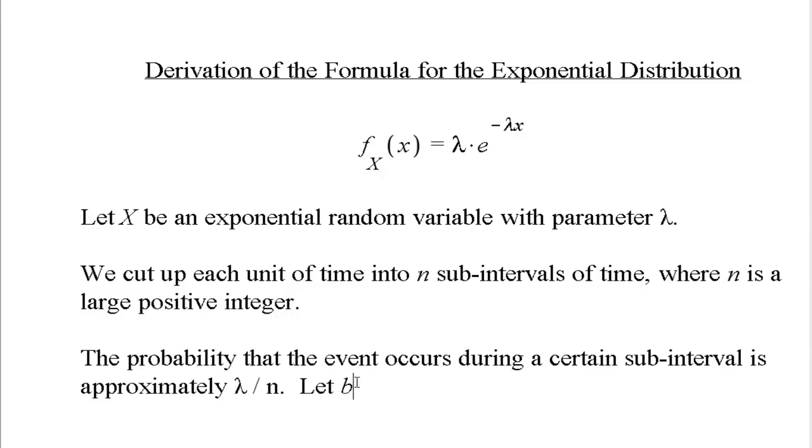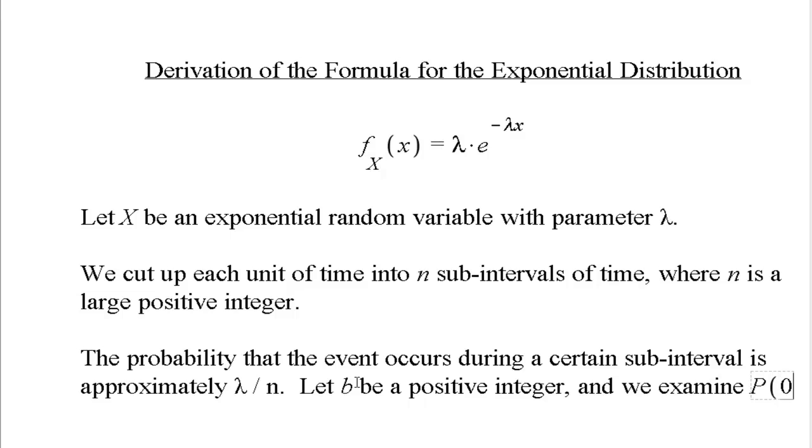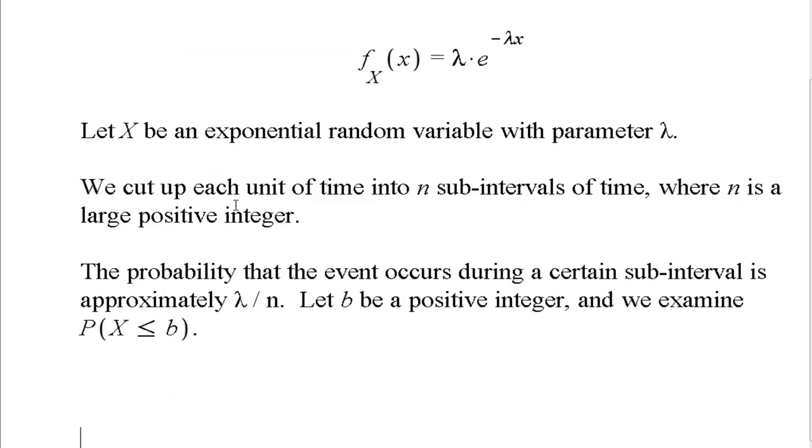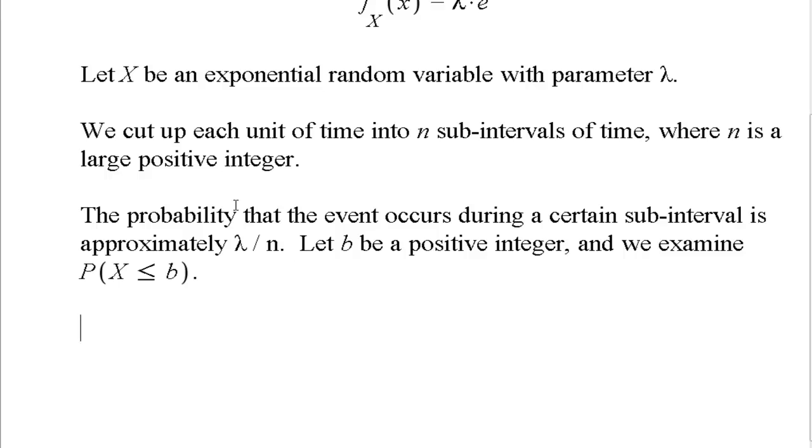Now I'm going to let b be a positive integer, and we examine the probability that x is no larger than b. And we're going to get at this probability by comparing it to a probability for a geometric random variable. So we're going to let y be a geometric random variable